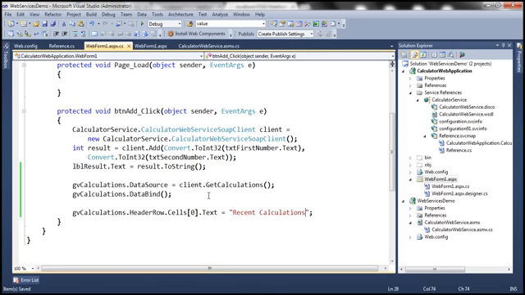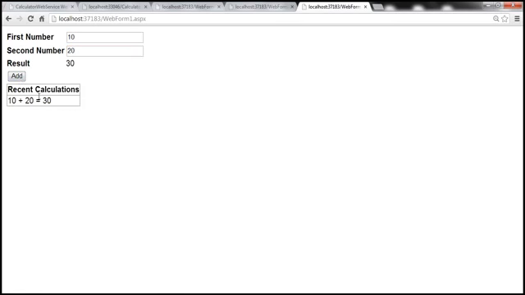Let's run it once more. So 10, 20, add them. So recent calculations 10, 20, 10 and 60. So basically it's going to display all the recent calculations,